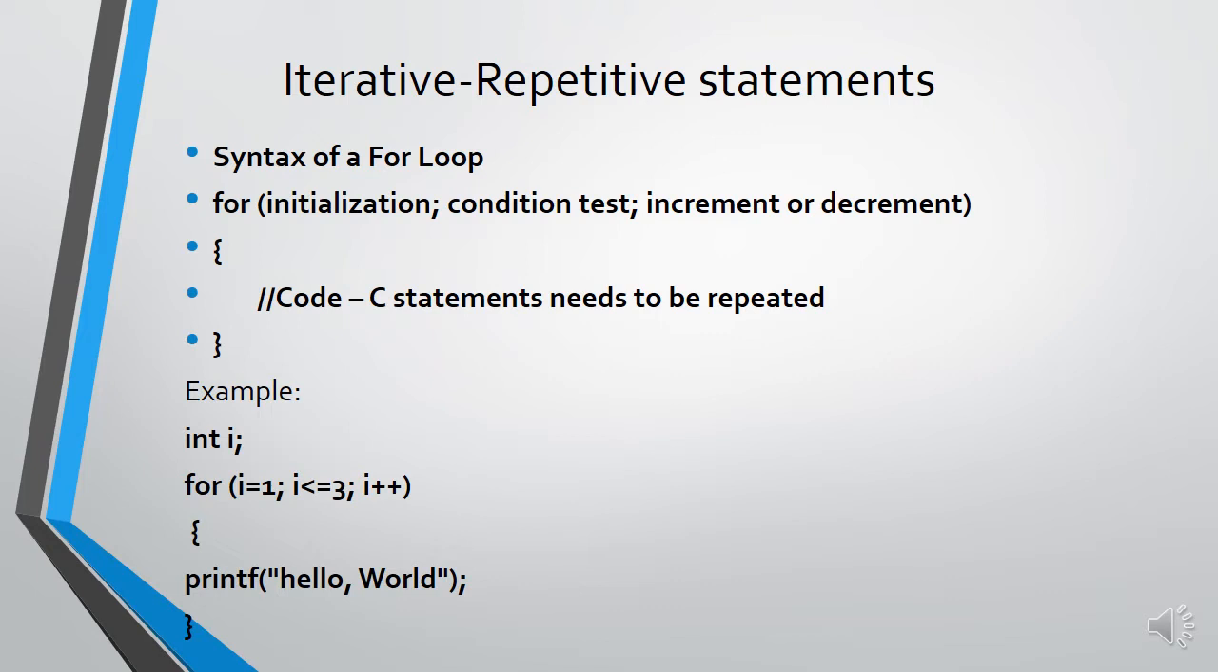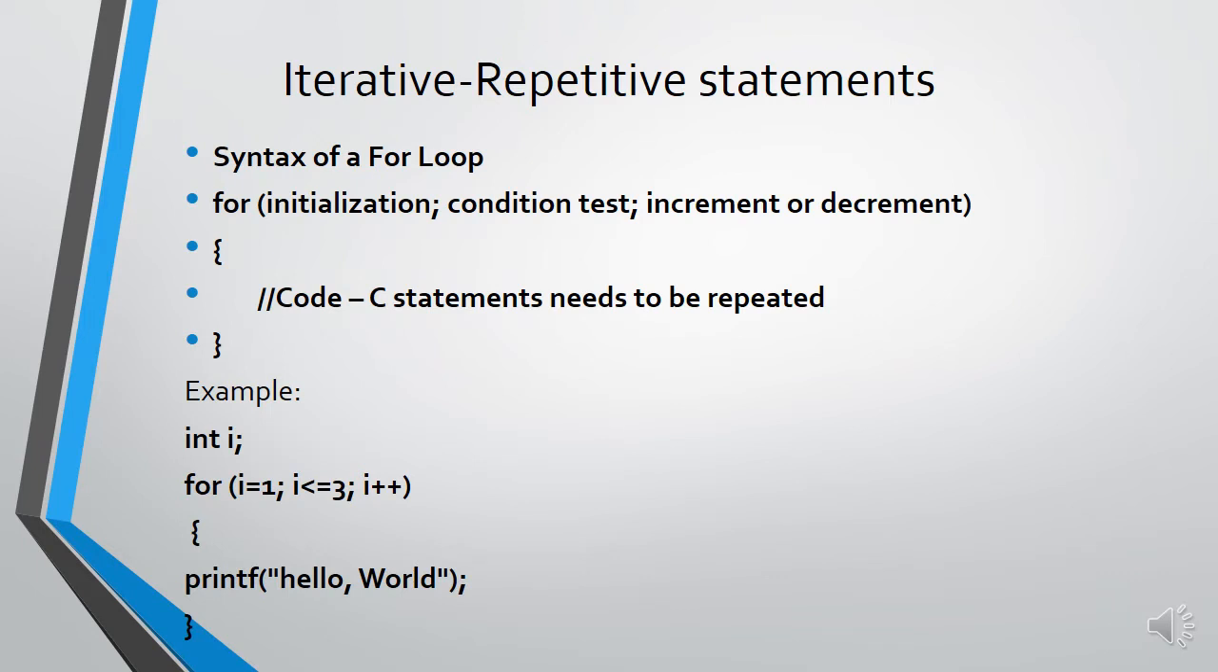This is the syntax of a for loop in C. For initialization, the condition being tested, the increment or the decrement. You can apply that example on a new program file, which is going to print the text hello world for